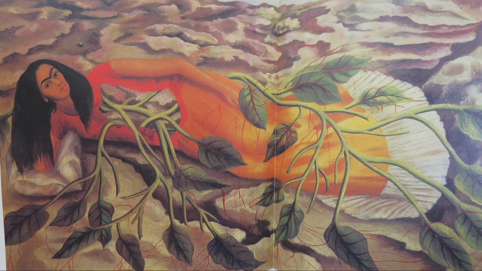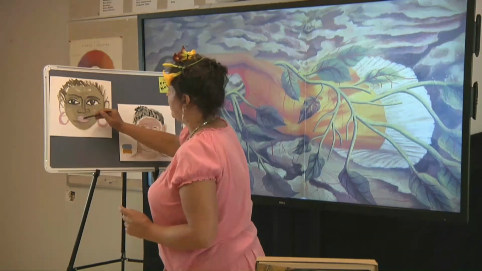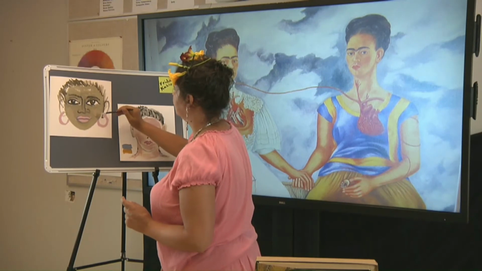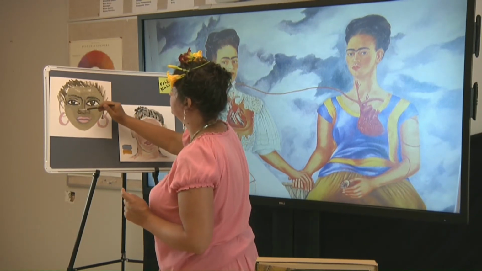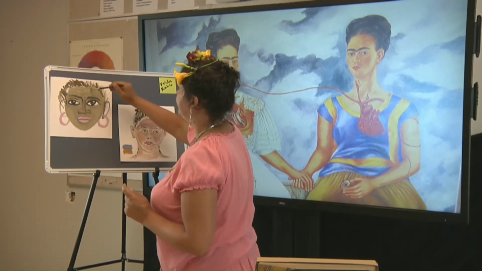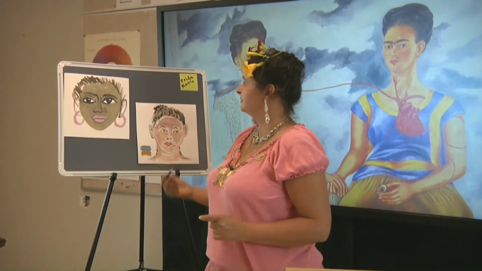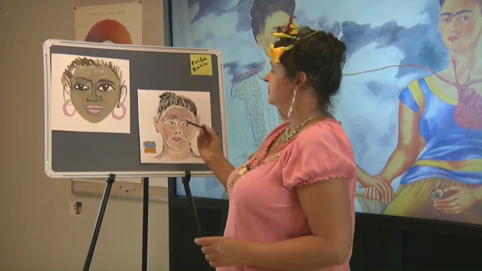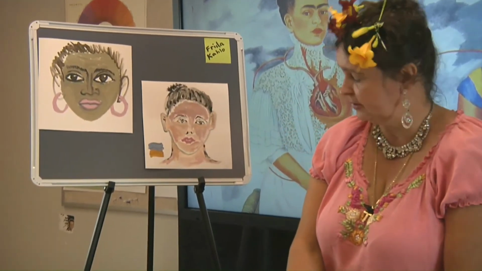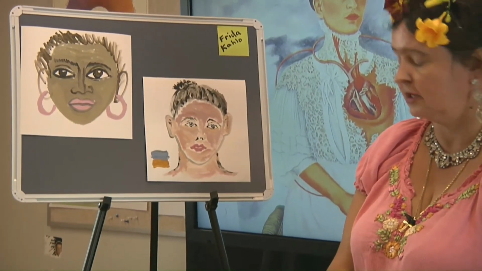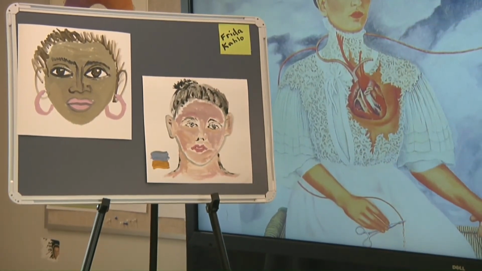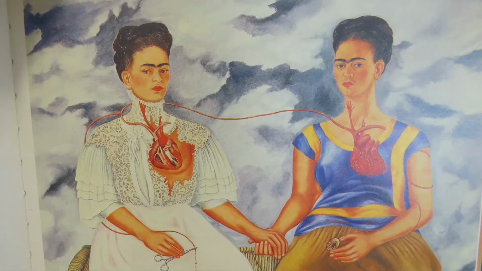So, as you can see, I painted this portrait of an African American lady. And I used brown colors for the skin with a little bit of olive. As you can see, she painted herself the same every time, and a little bit different, slightly different.